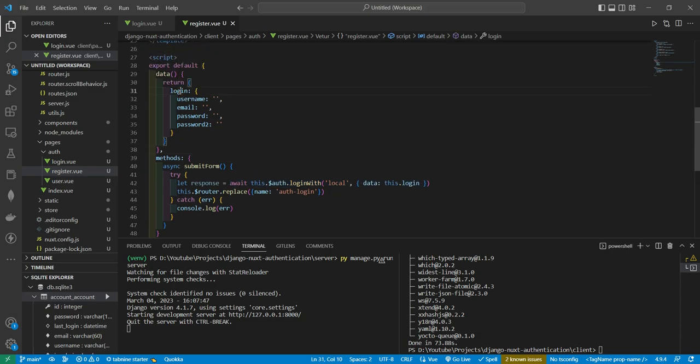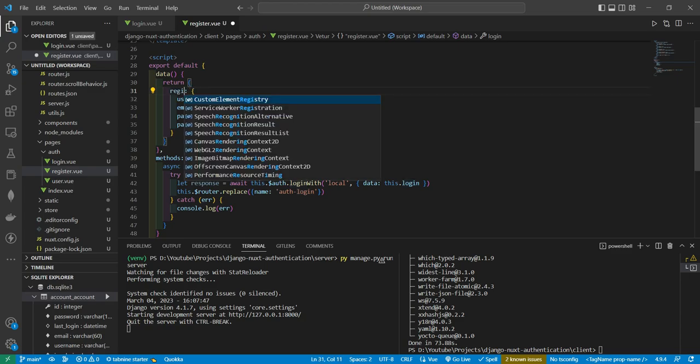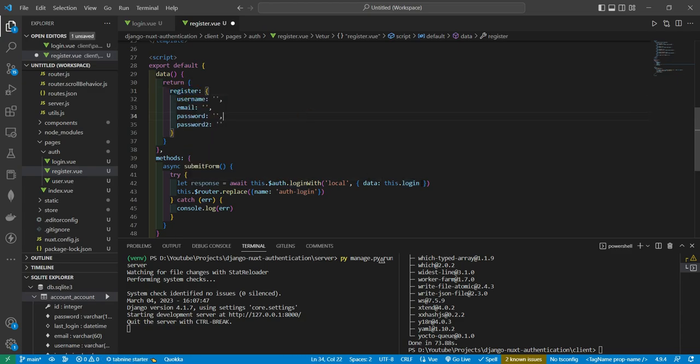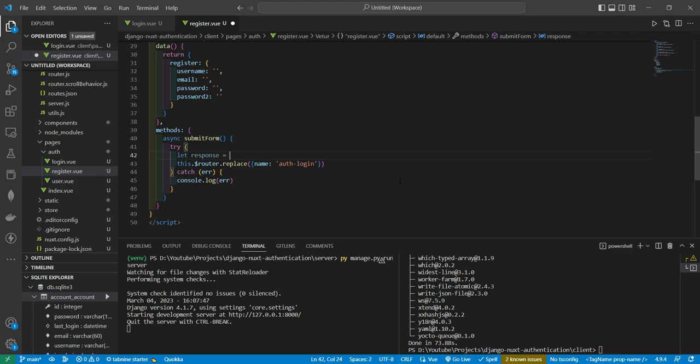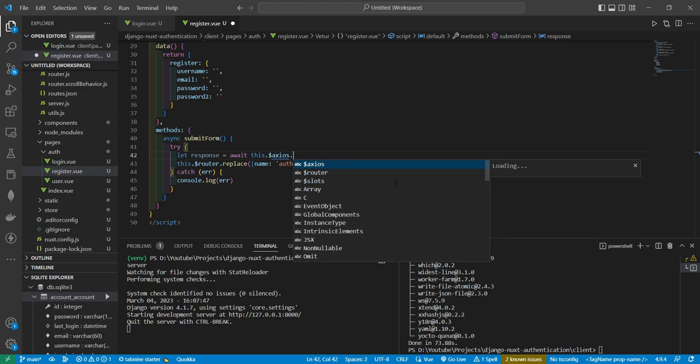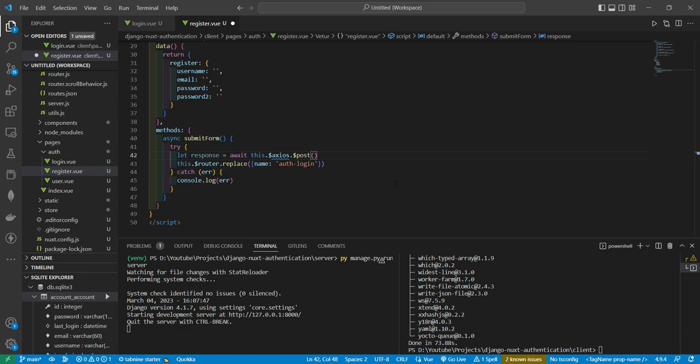First, I will change the data object as register. I will remove this line of code. We will use Axios package. In order to use Axios package, we need to define